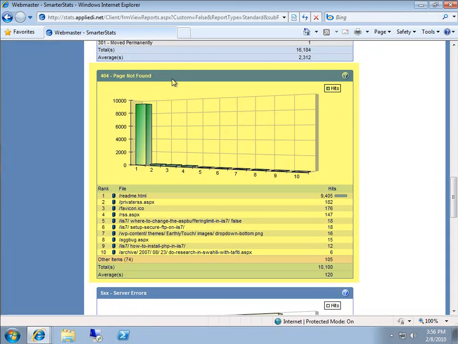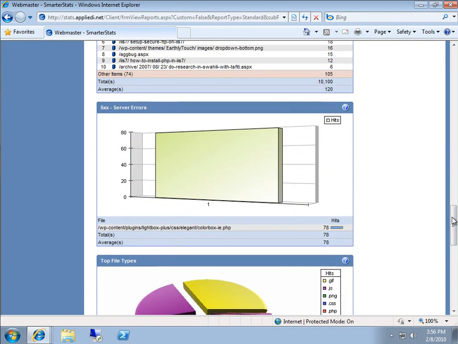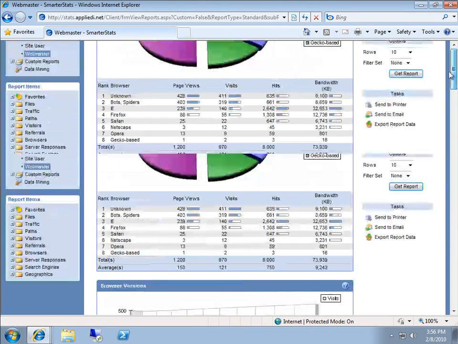What I think is one of the best analytics is the 404 page not found, as this gives me an insight to what pages are broken in my website. On top of that, I can also see what pages are throwing errors. I can see that this page has been giving me some problems. Okay, with that being said, we're going to head back up to the top,